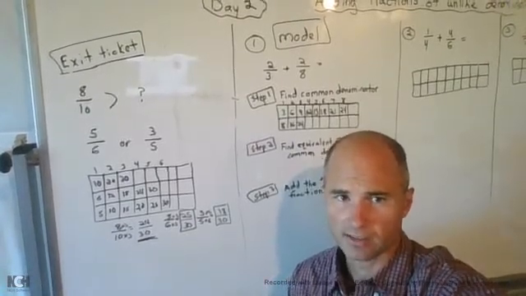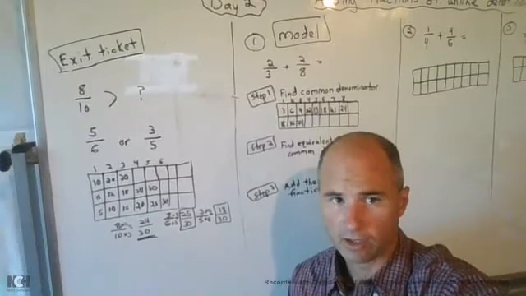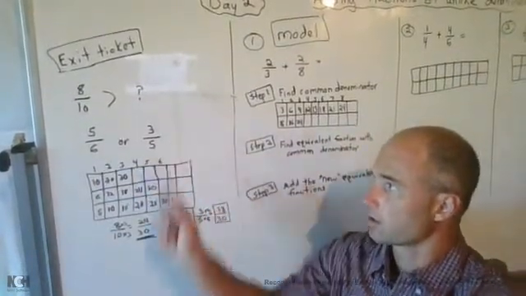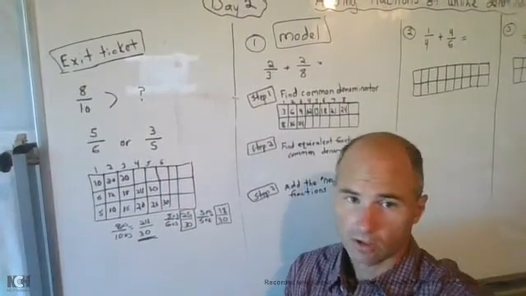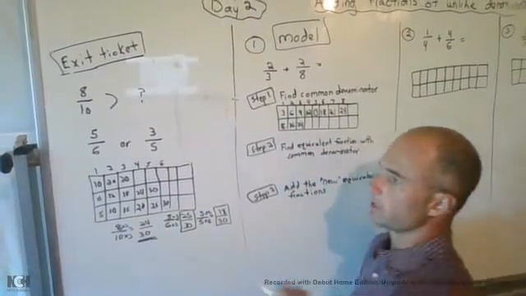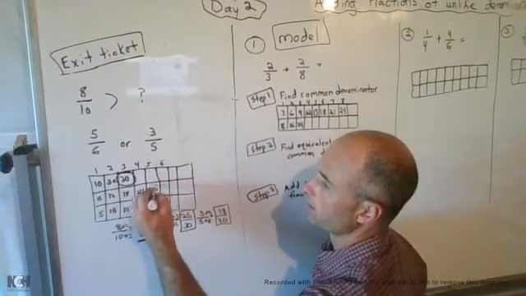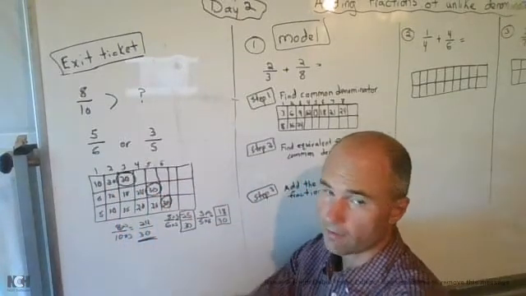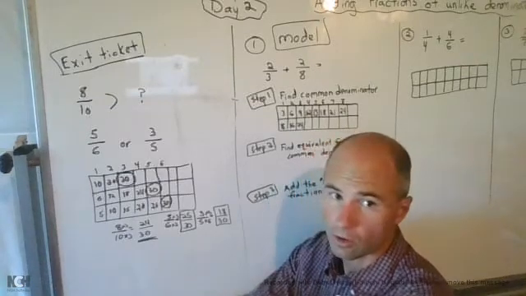Let's go over yesterday's exit ticket. 8/10 is greater than what? What's it greater than, 5/6 or 3/5? Hopefully you found 30 to be that common denominator. Okay? And you hopefully found it to be 30. When you do that,